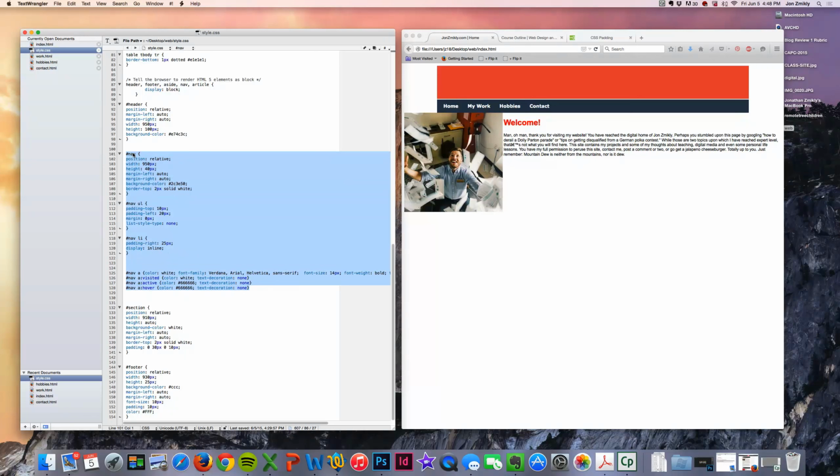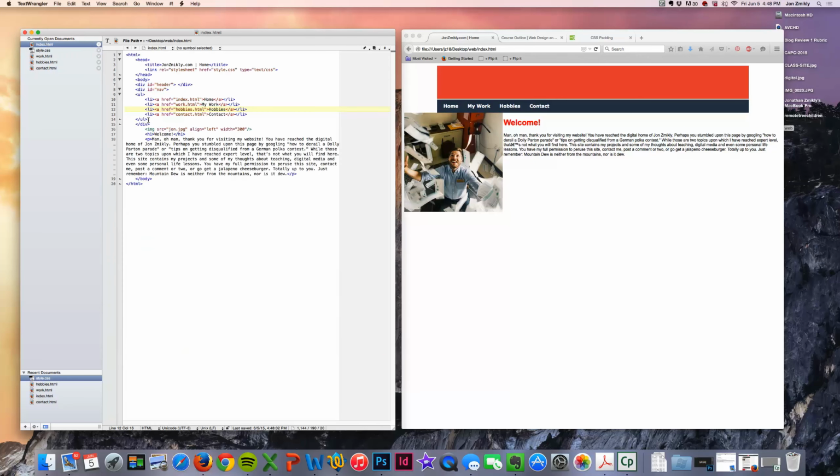Not just the navigation div, but also anything that's in that div, including ULs, LIs, and links. Now the third div that I have is called the section div, and basically everything else in my site will go into that section div. So I'm going to go ahead and go to the index page, and right after I close that nav div, I'm going to do a div ID equals section, and then I'm going to close that